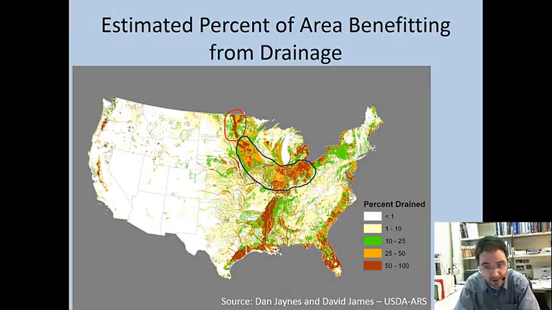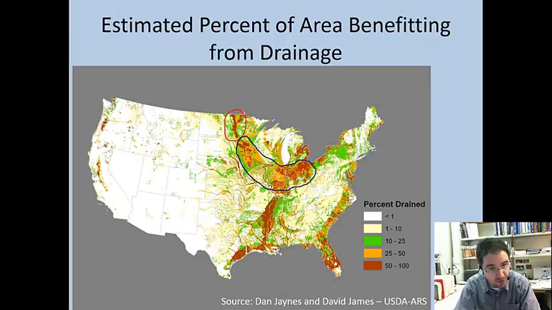Certainly as we go up into the Red River Valley, into Minnesota, North Dakota, even South Dakota, there's more and more subsurface drainage in those areas. But a lot of southern Minnesota, Iowa, Illinois, Indiana, and Ohio, have been drained, fairly extensive artificial subsurface drainage for